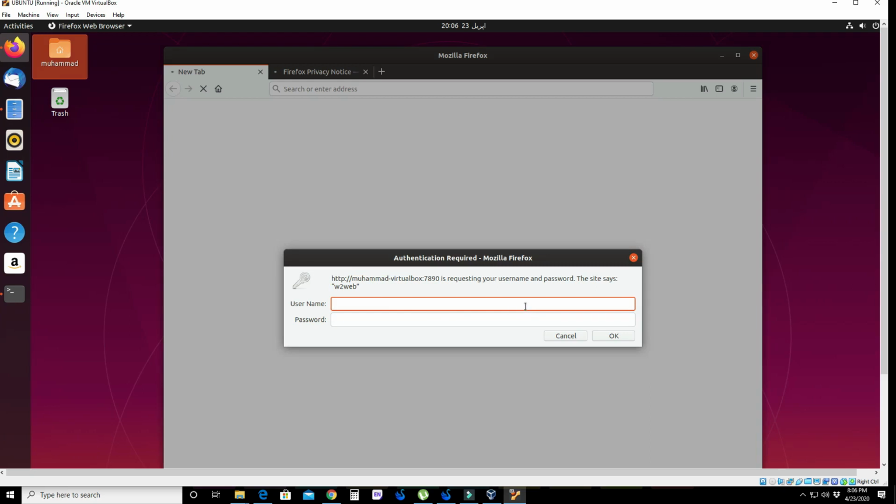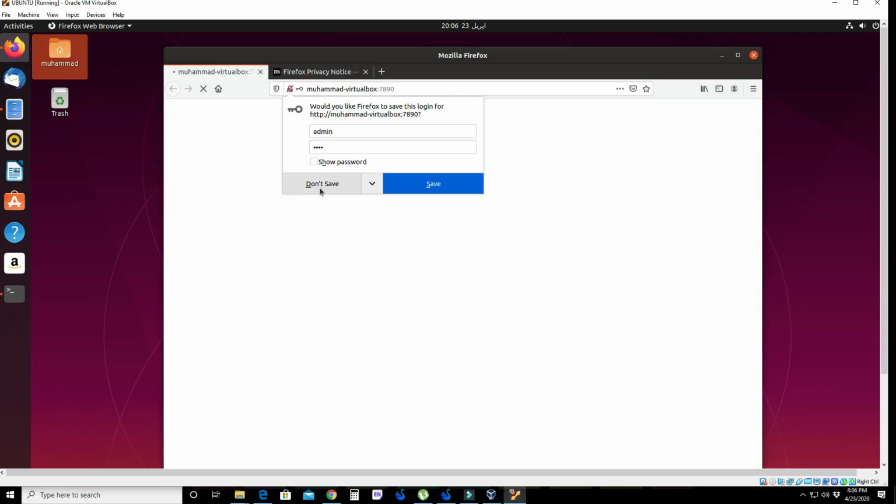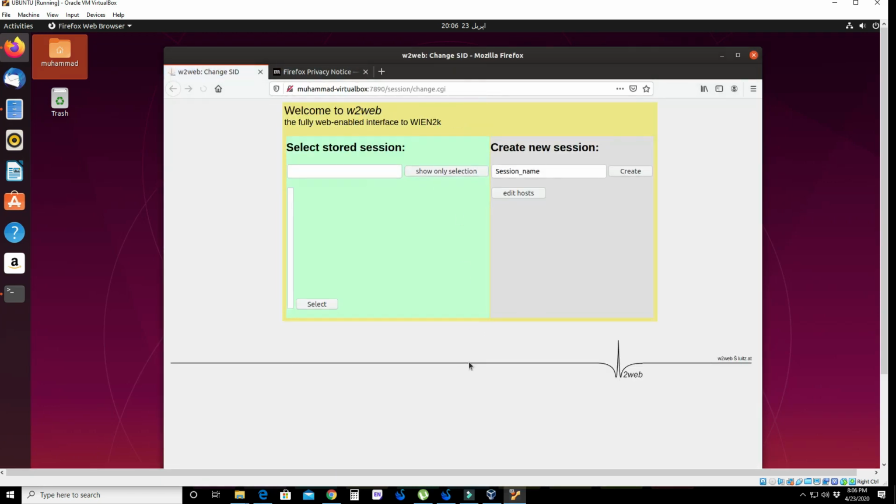So put your username and password which you gave at the time of forming the Win2k code in the terminal. I have given admin and 1533. So I'm going to utilize this one. Save it. And here we are in the Win2k browser. Here we have opened the Win2k, and now